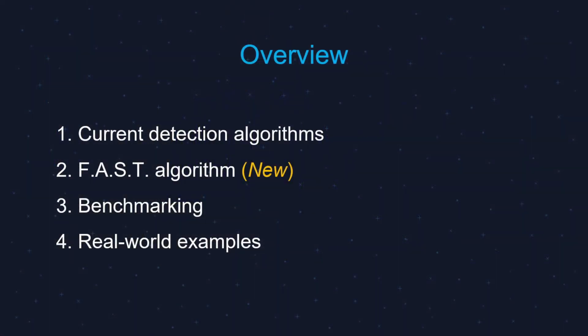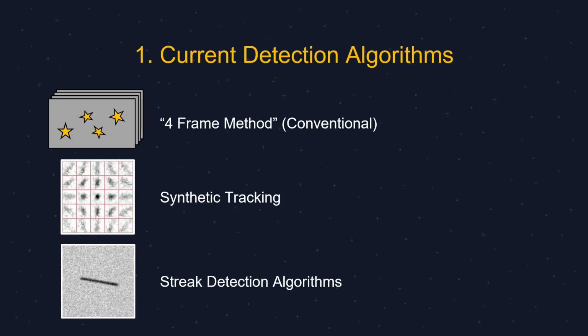Okay, now before I dive into the detail on these examples, I want to take just a brief moment to share an overview on the current detection algorithms. This will be useful because it will allow us to more easily compare how this new detection algorithm performs. So to that end, I also have some benchmarks I will be sharing, and then we can dive deep into the examples. So to get started with, I have identified 3 different detection algorithms, the first of which is the 4-frame method. Then we have synthetic tracking, and then finally we have algorithms that are tailored specifically towards the detection